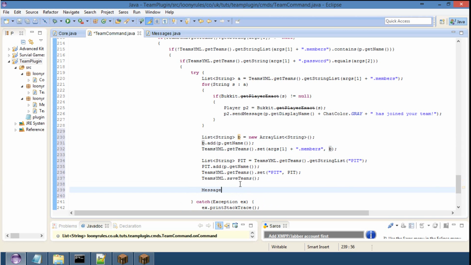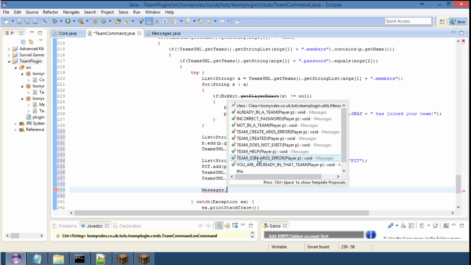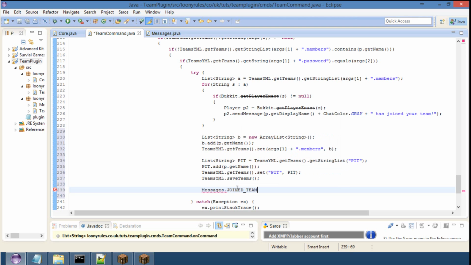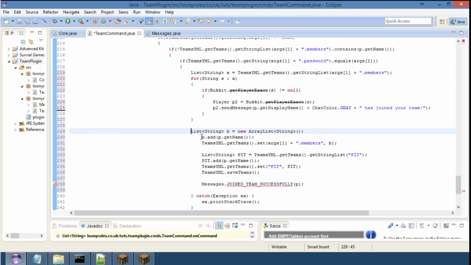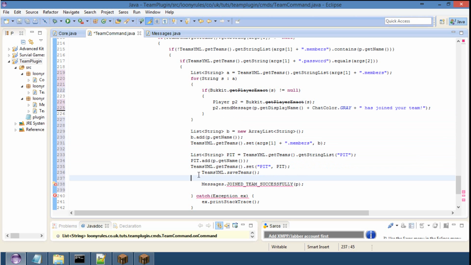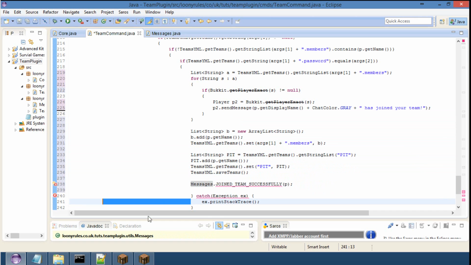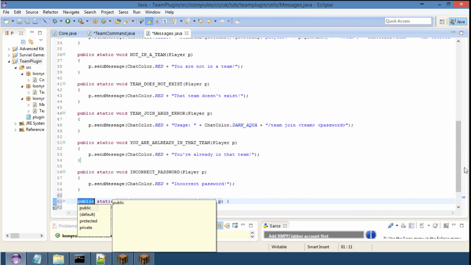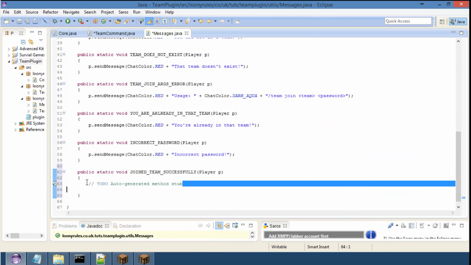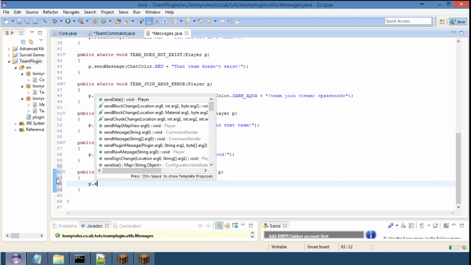So messages dot team joined team successfully p. But we don't even need to try. Why don't I even put the try in? It's unnecessary. Alright, so join team successfully. That's that. Then p.send